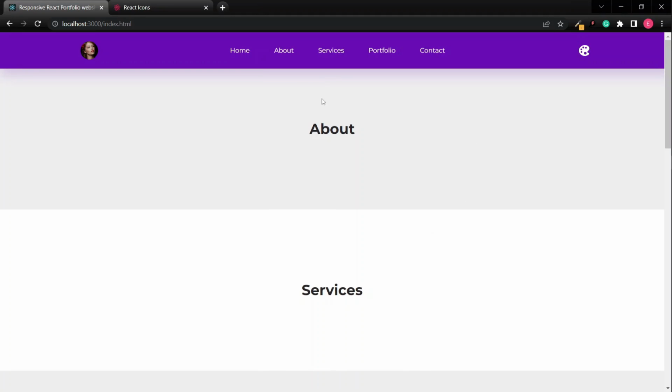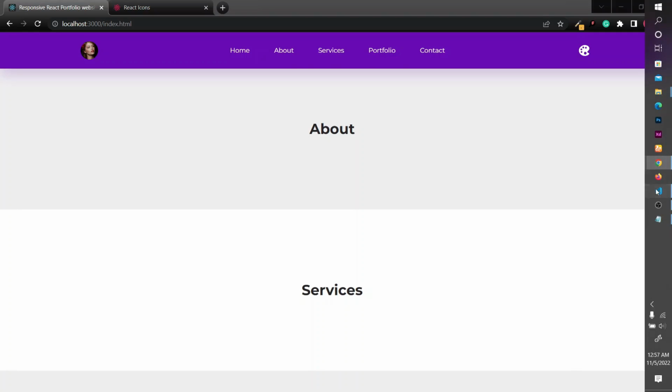And as you can see, we have our header section hidden below the header, and that is because we set the position of this header to be fixed. So we're actually going to take care of that when we get to the header section, but for now